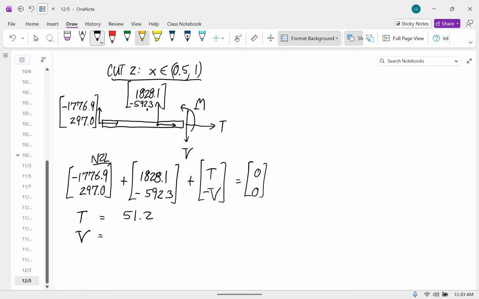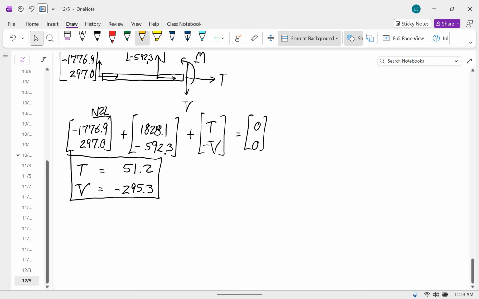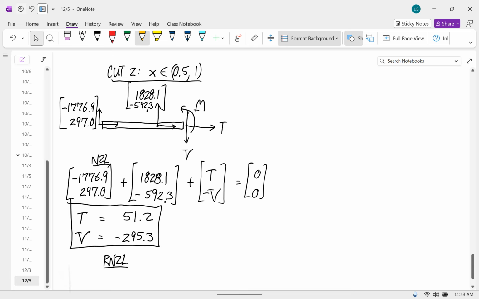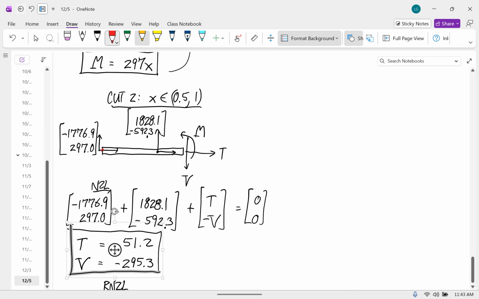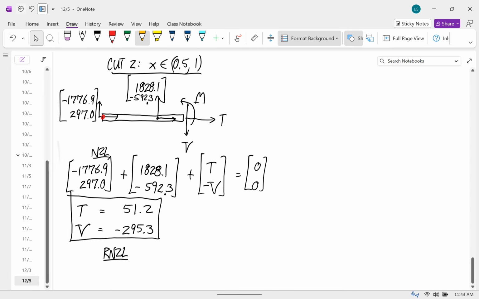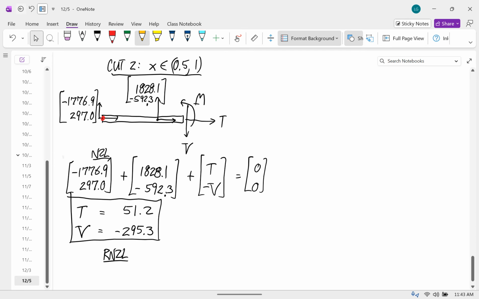The internal shear force is negative 295.3. And then the bending moment, so we have, okay, so